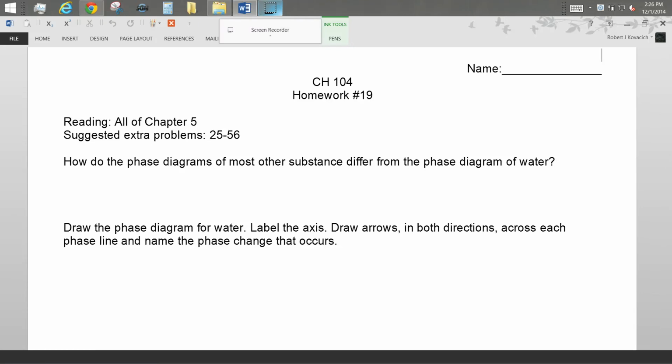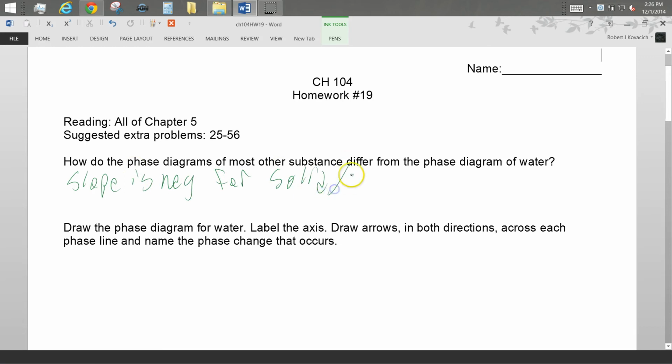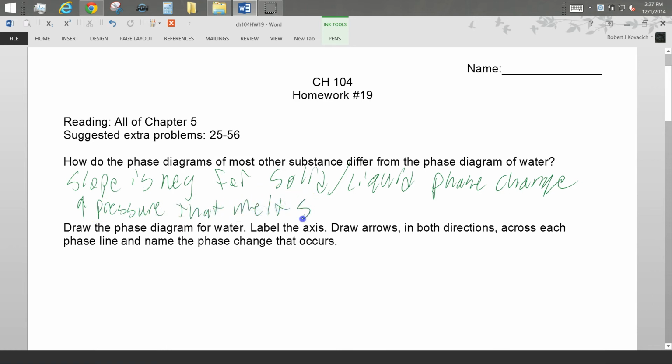All right, let's go and talk about homework 19. How does the phase diagram of most substances differ from water? What's the big difference? The slope is negative for the solid-liquid phase change. So you end up having increases in pressure that melt solid water. For all practical purposes, all the other substances, when you increase pressure on them, the molecules get closer together and they become a solid. But with water, you increase the pressure and you liquefy it. So it's a serious difference with the